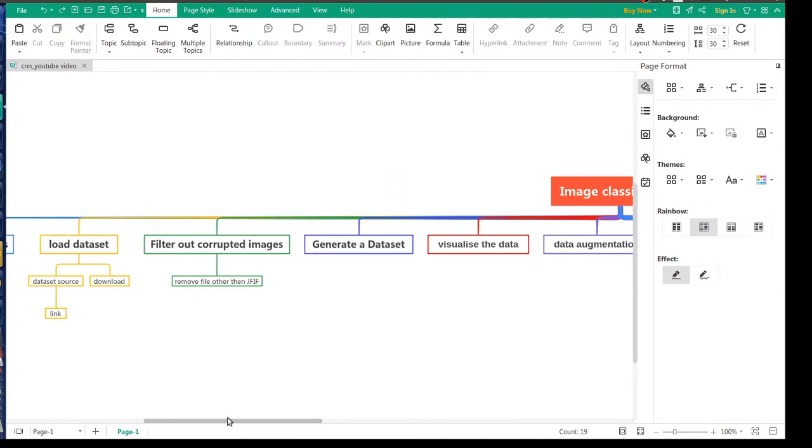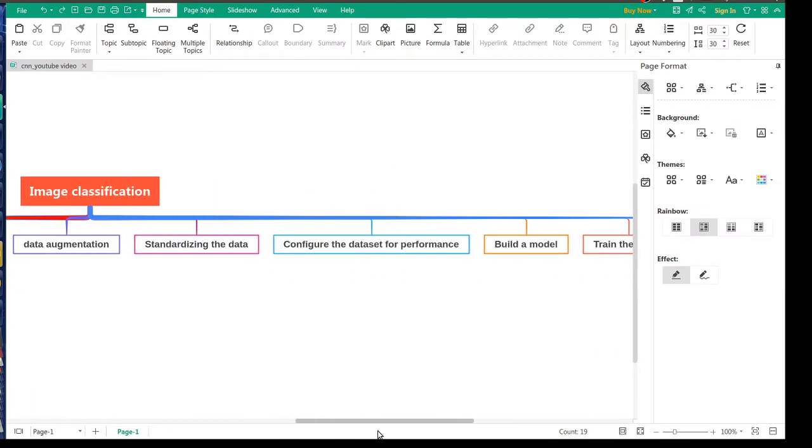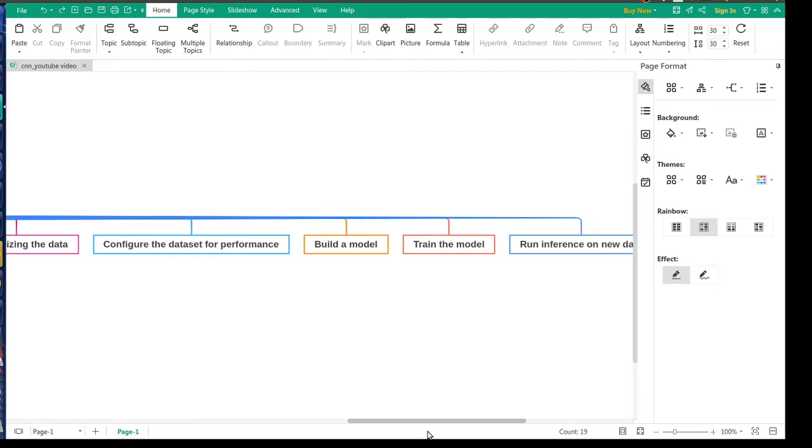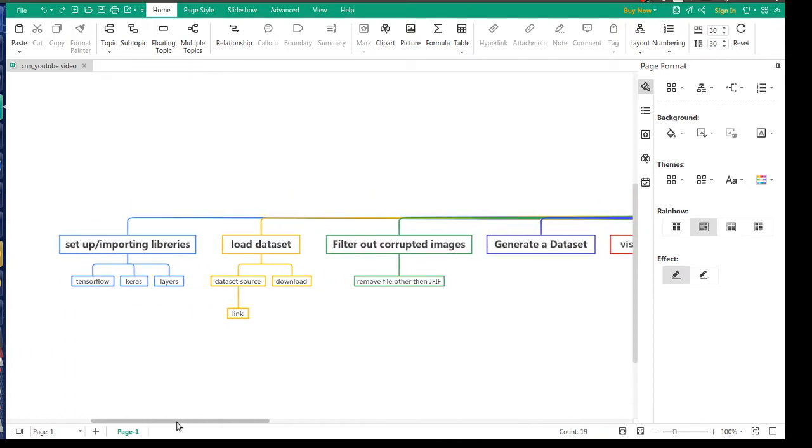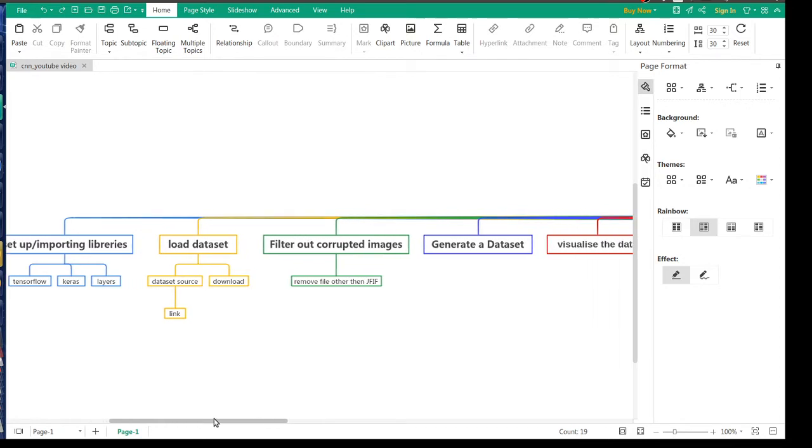This is the flow that we'll be following throughout the project. Your first step will be setting up the basics. Under that, we'll be importing libraries such as TensorFlow, Keras, and layers from Keras. After that, we load the dataset.